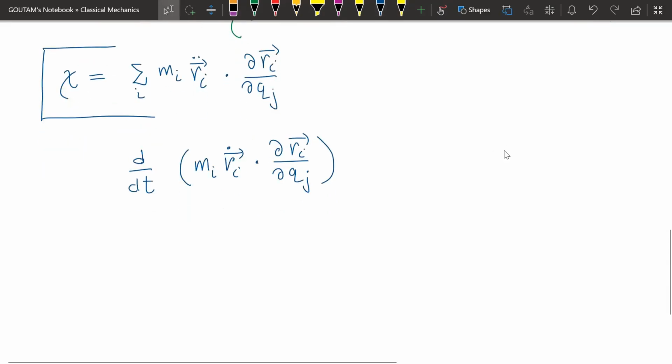What will this be? So mi is constant, so the derivative of ri dot will give mi ri double dot del ri del Qj